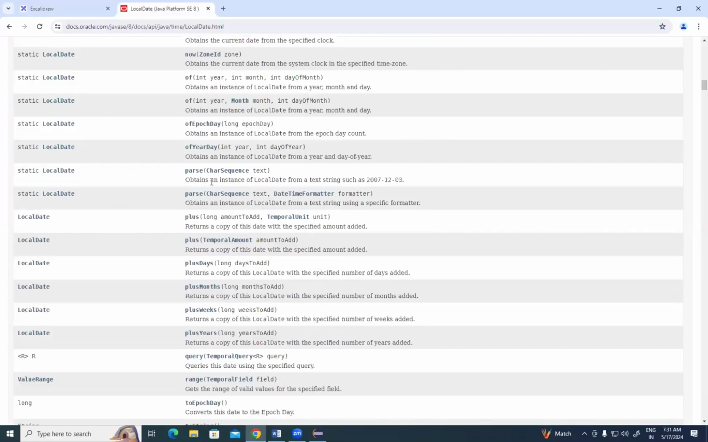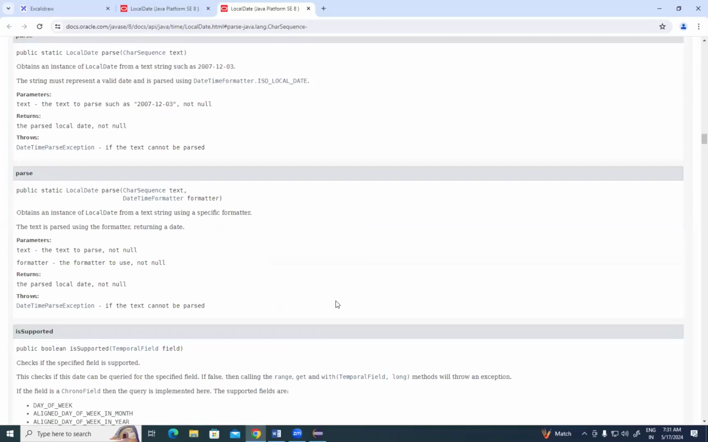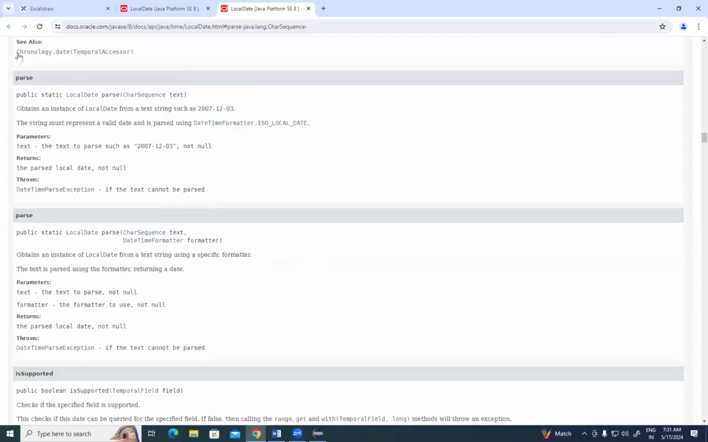Everybody try to understand. There is a method called parse. This is to convert a string into the date format. Parse is a method that obtains an instance of local date from a text string such as